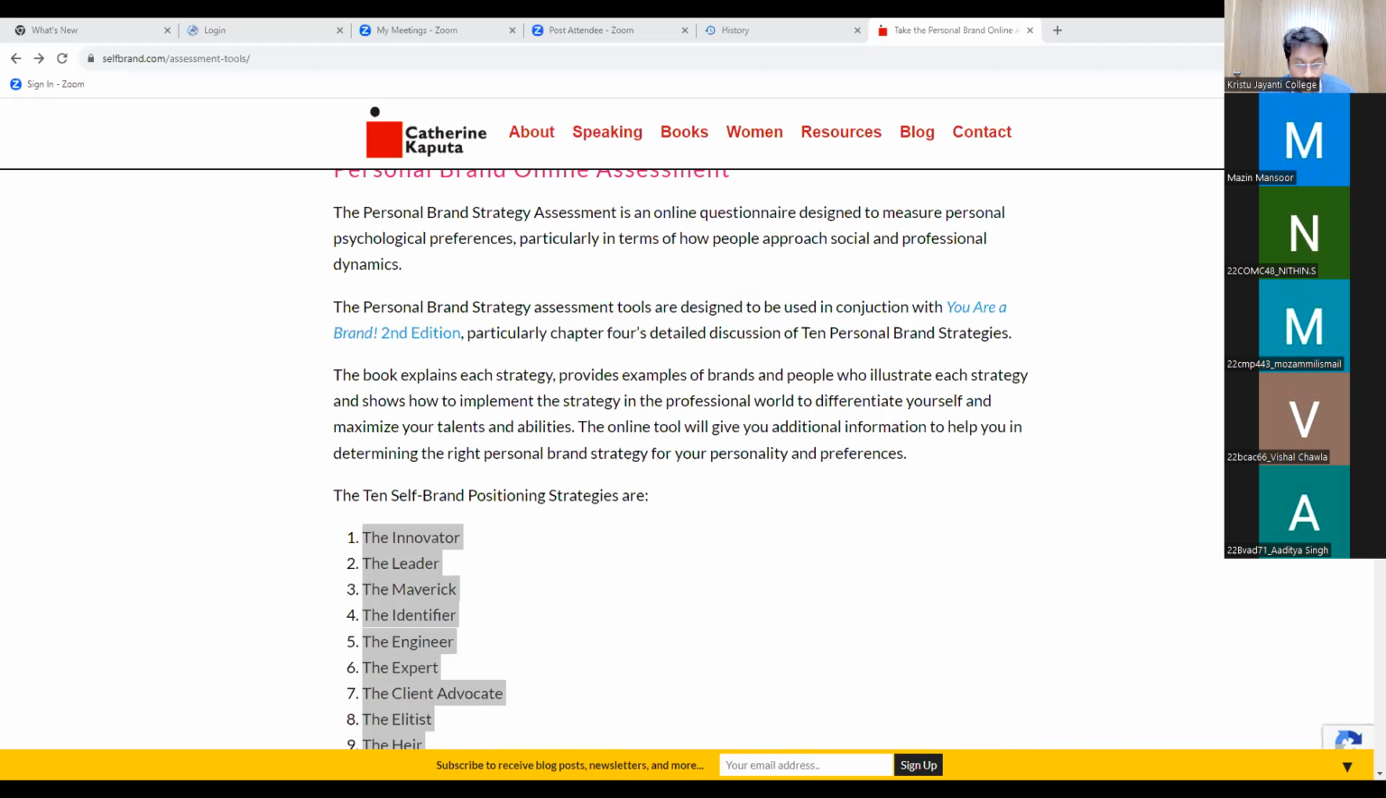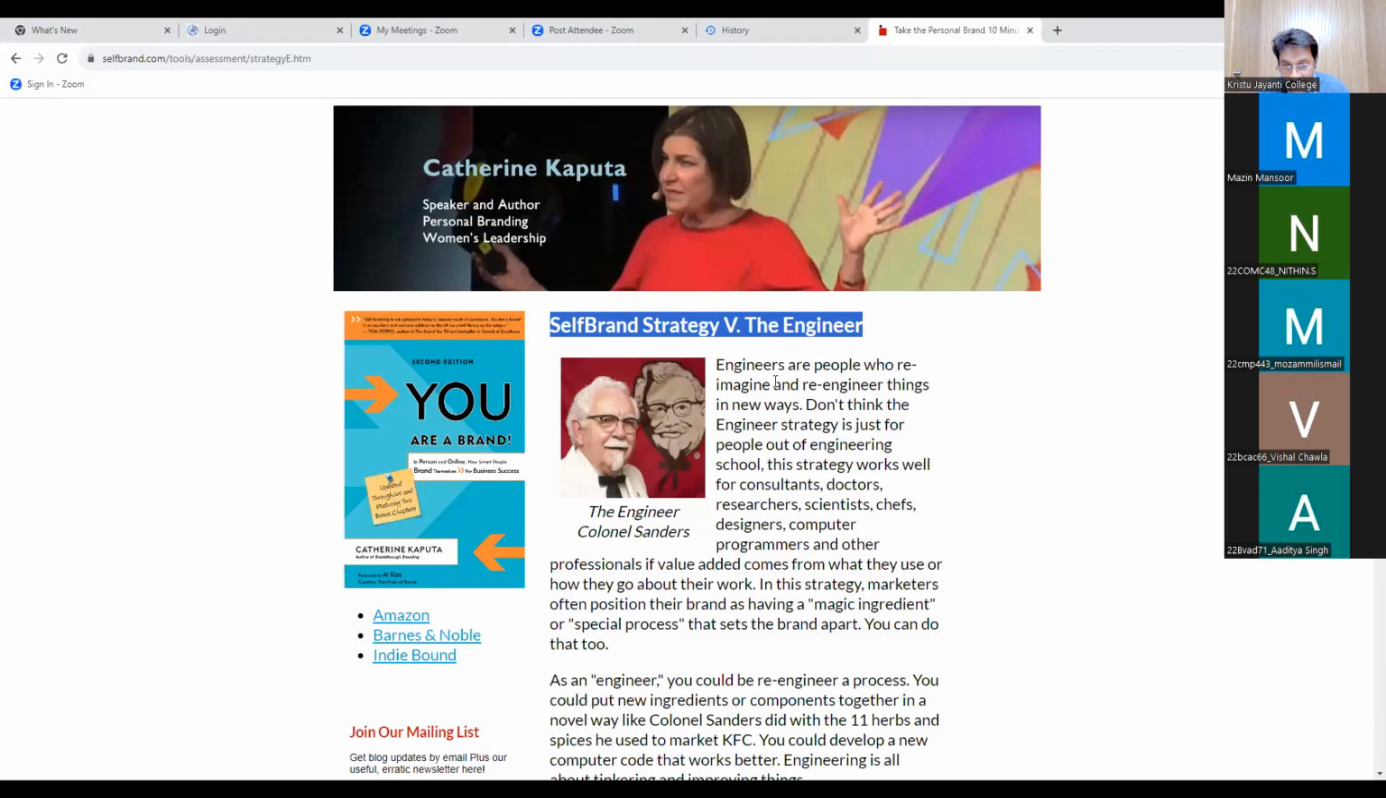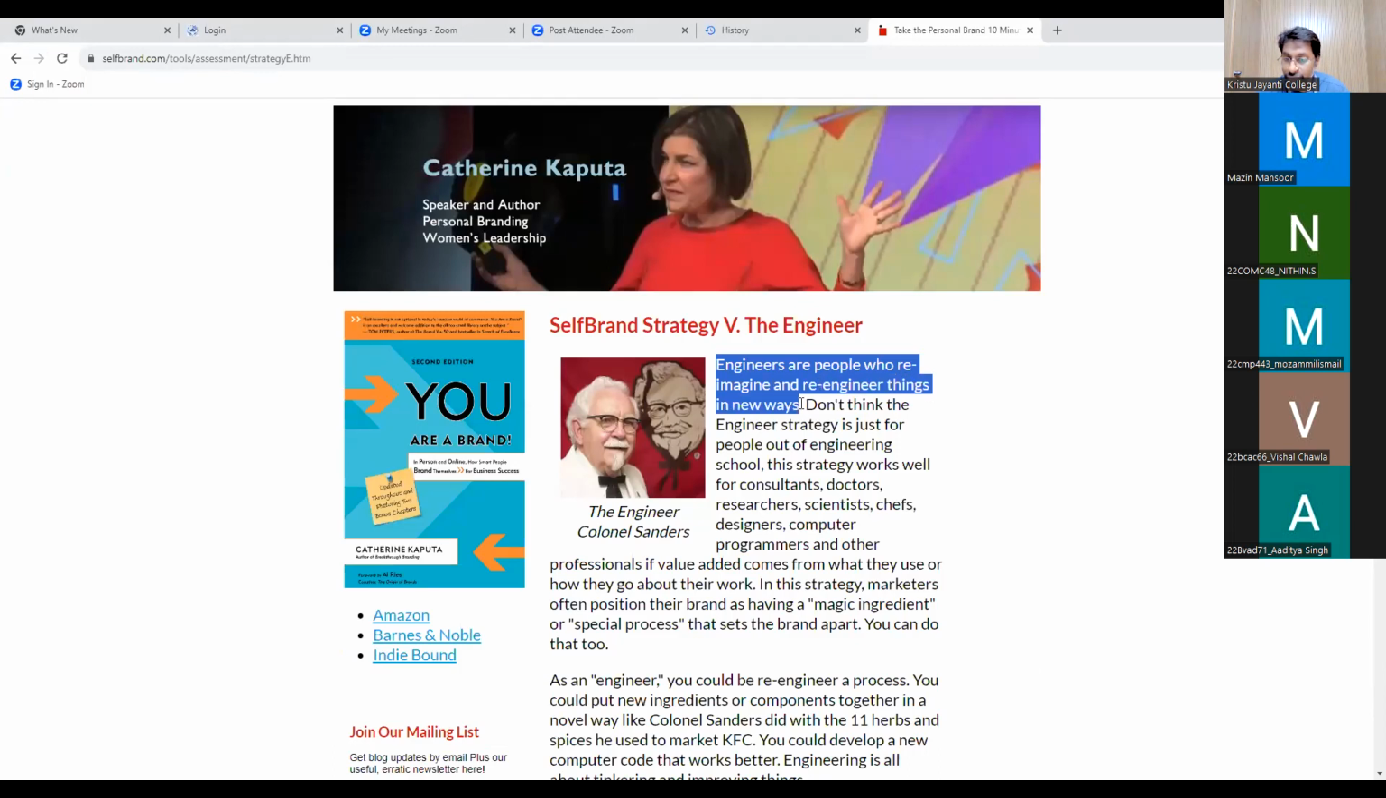Okay, people, give a reading on this. What has been given for you? Personality identification is okay, but what exactly is that personality's reflection, or what is that personality trying to convey to you? Engineers are the people who imagine or reimagine and re-engineer things in new ways. Don't think the engineer strategy is just for people from engineering school. The strategy works well for many others. Engineer means consultants, doctors, researchers, scientists, chefs,